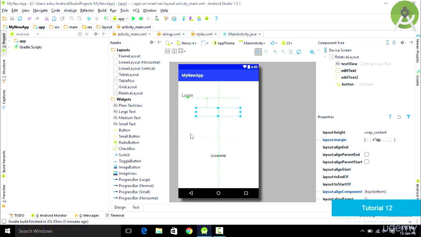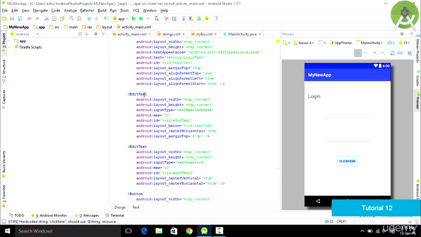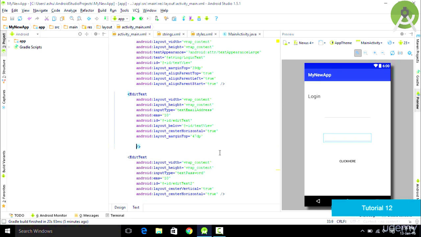So let's attempt to change the size of these two text areas by using the XML file. When we go in our XML file, you'll notice that we have two text areas. This edit text is basically for the email. When you click on it, it is going to highlight your text area. Now in order to increase the size of this text area, we are going to type some simple code. As you could see, the width of your text area is not yet mentioned here, so we go into this edit text tag and we simply type in Android:width,